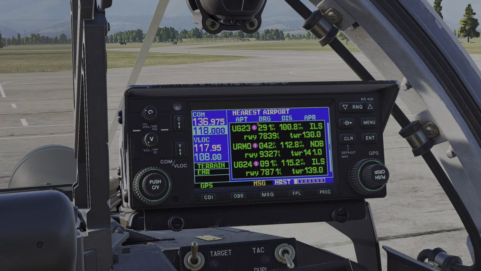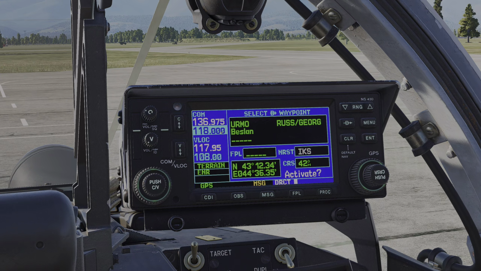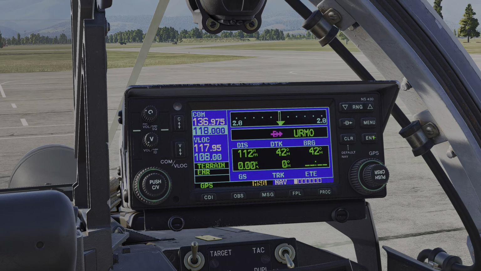And it's marking these closest to furthest away. So let's say we want to fly to URMO. With it highlighted with the cursor, we press DirectTo. It pre-fills it in the DirectTo system, and it confirms to us that's Beslan. Enter again if we're happy with that, and a final enter will activate that DirectTo, and we're now going direct